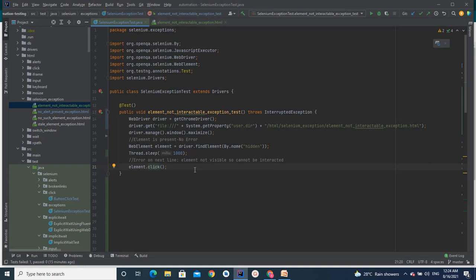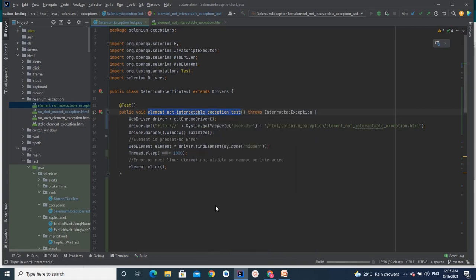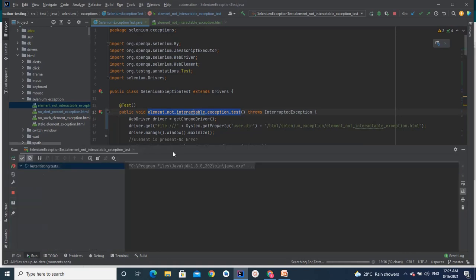If the element is not visible, we cannot perform a click operation on that web element. So let's run this particular test to see where exactly the element not interactable exception is thrown.